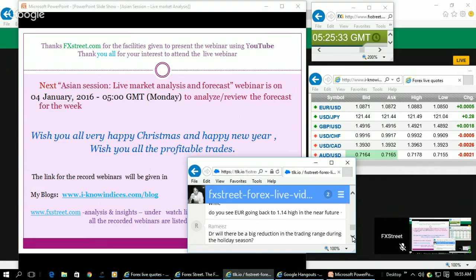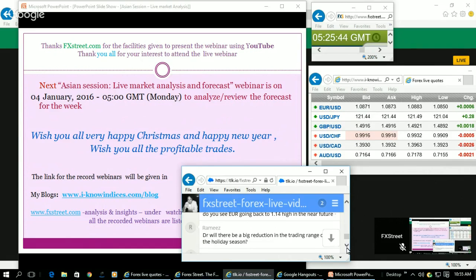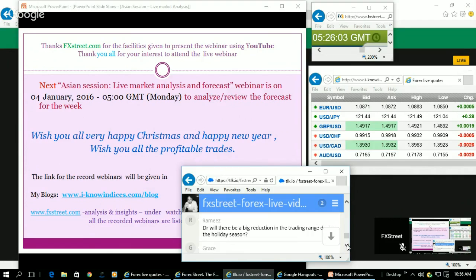So commodity trading is not like Forex trading. Do you see euro going back to 1.145? Yes, euro is expected to gain the level, and especially in the last week of December, you will come across a price rise happening in the market, 28th to 31st. And afterwards, during the early part of January, the market could use all rumors to gain big levels. So what is visible in the market is not true, especially during the yearly trend reversal time.